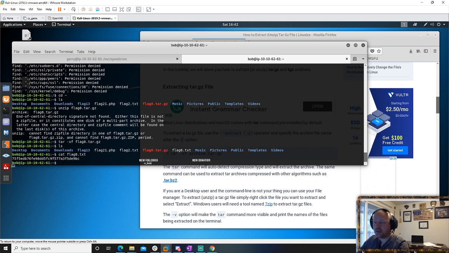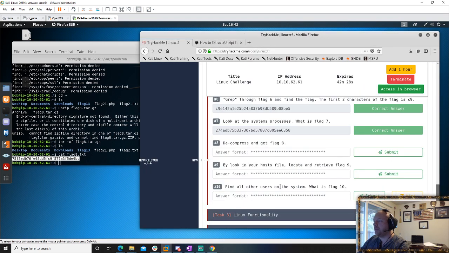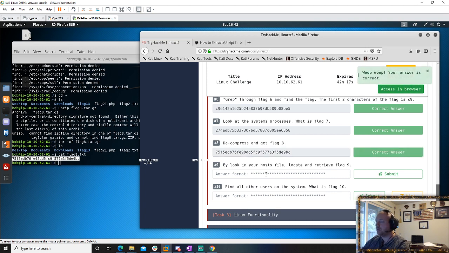The big thing about this is the more you use Linux, the more familiar and used to it you're going to become. I know quite a few of these commands. A lot of them I don't because I don't use it enough right now. So the longer you mess with it, the more comfortable you'll get.